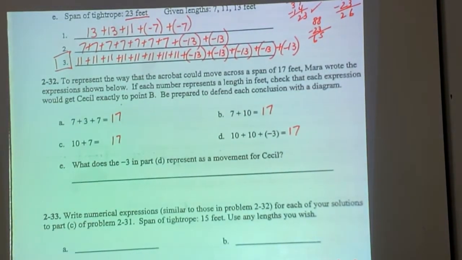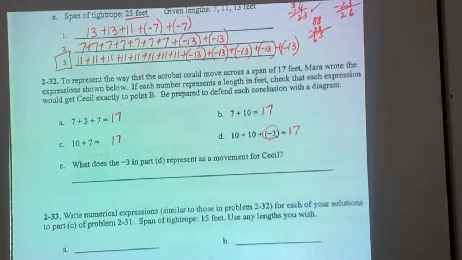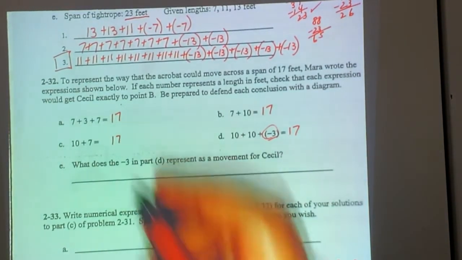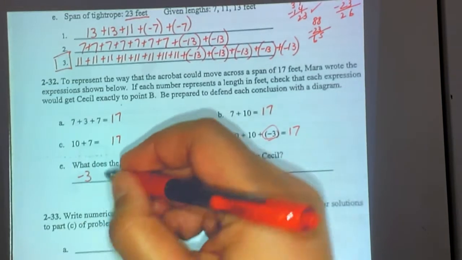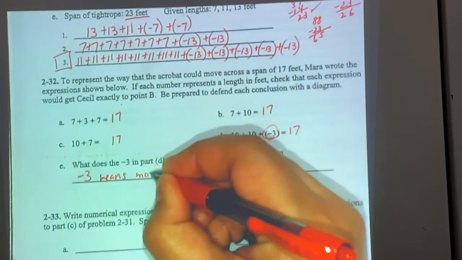What does the negative 3 right here in part D represent as a movement to Cecil? Negative 3 means move